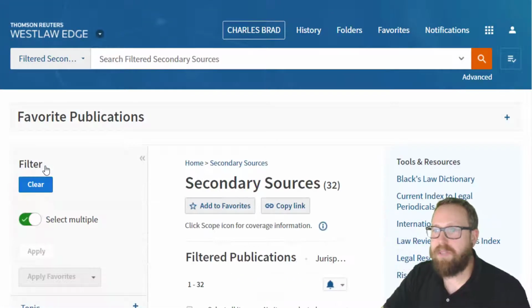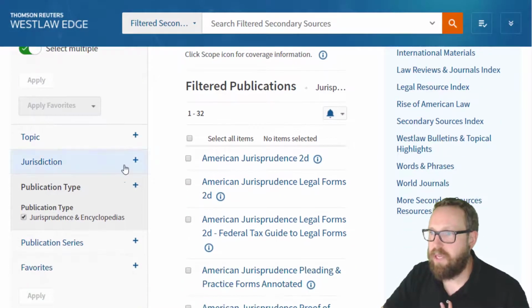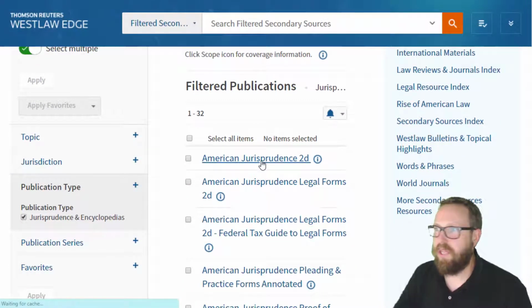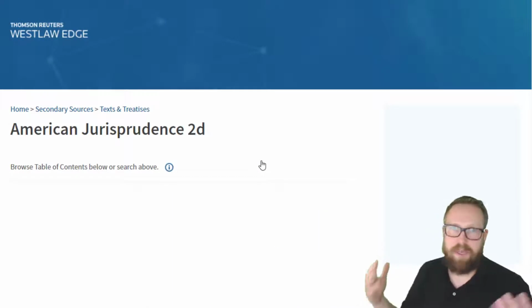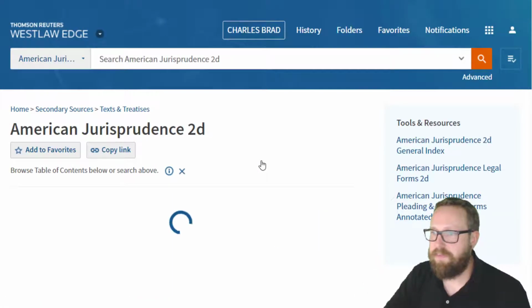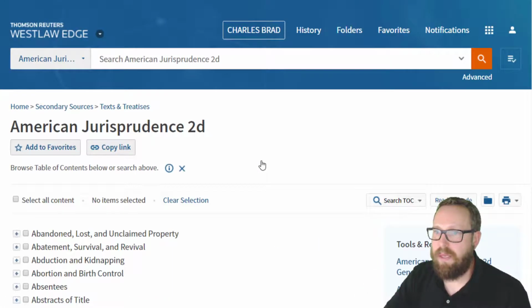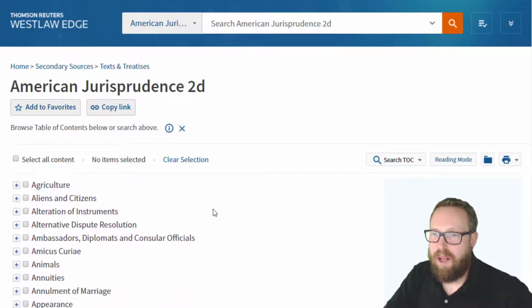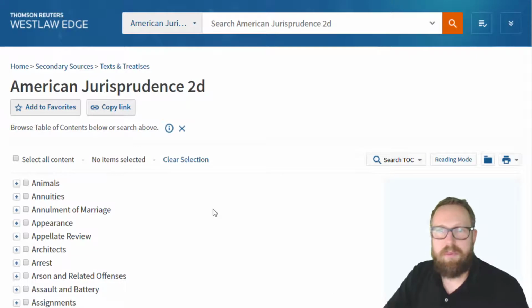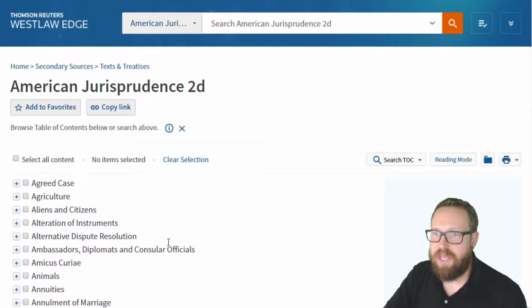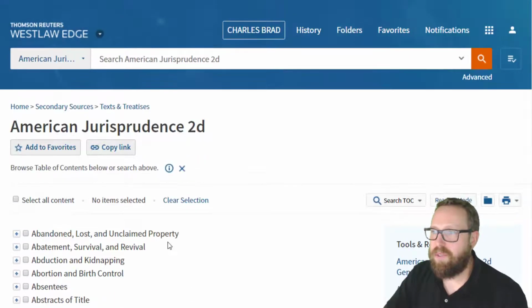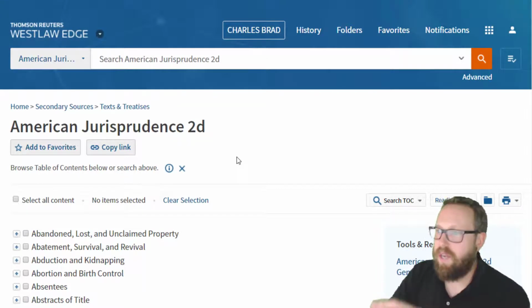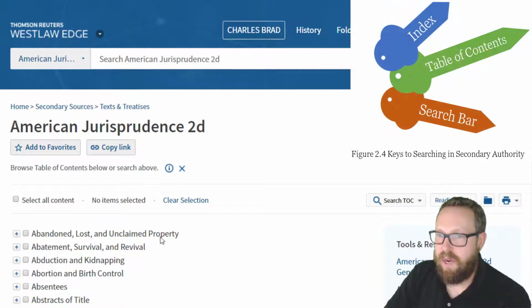So again, I'm browsing right to it, which puts me in control. So I'm only looking at what I want to look at. I'm not getting like a billion search results. And then let's say that I'm really annoyed by all of the advertisements that people keep putting on my house. So if that's my research here, basically I can use either the table of contents, which is right here on